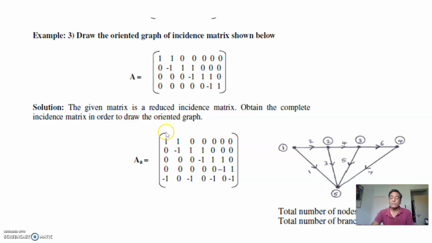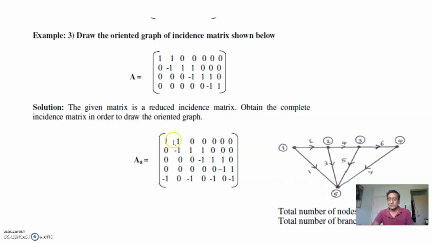So let's think about the first branch. Here this is connected to the first branch. The first branch is always connected between two nodes. The two nodes are where there are no zeros. So it is connected to node 1. It is connected to node... sorry, there are 5 nodes, no? It is connected to 5. Between 1 and 5 it is connected. Branch number 1.